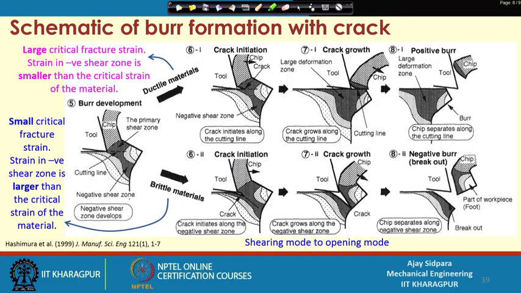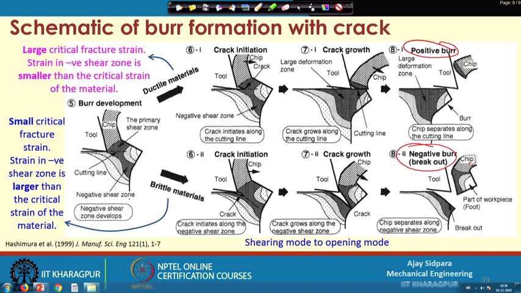In the last class we were discussing burr formation, and we have seen that depending on the material properties and the different parameter settings we will encounter different types of burrs. So, this is what we have seen in the last slide, and there are two different ways by which burrs will be formed depending on the material properties. On the top row it is ductile material burr formation and the bottom part is burr formation in the brittle material. The only difference in the last slide is that here it is written positive burrs and here it is written negative burrs.